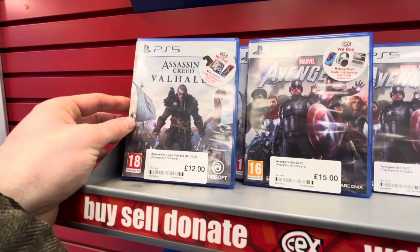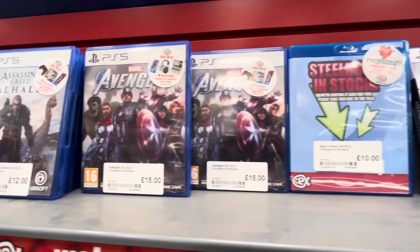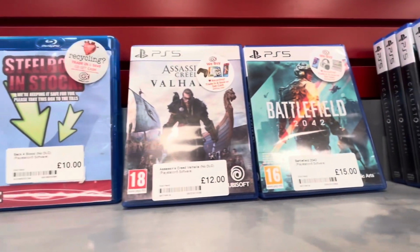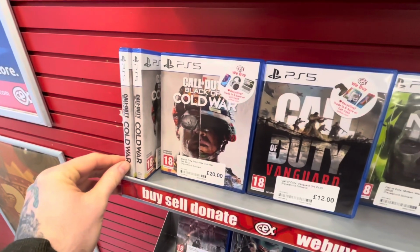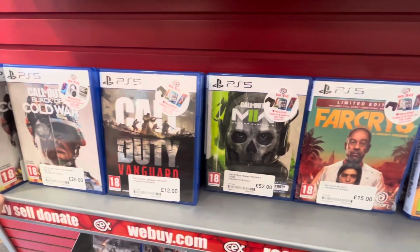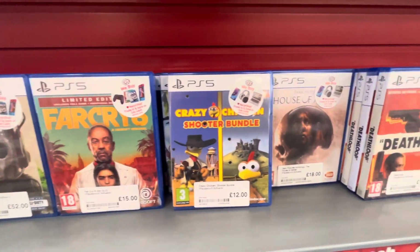Of course, no trip to the city would be complete without a trip to CeX, and it's actually surprising. You can get some pretty cheap PlayStation 5 games in CeX now. I think because some of these games have been out for a year or two, we're definitely starting to see some of these games dropping in price. You know, your kind of classics, like the new Call of Duties, and the ones that are a year or two old just get really cheap,